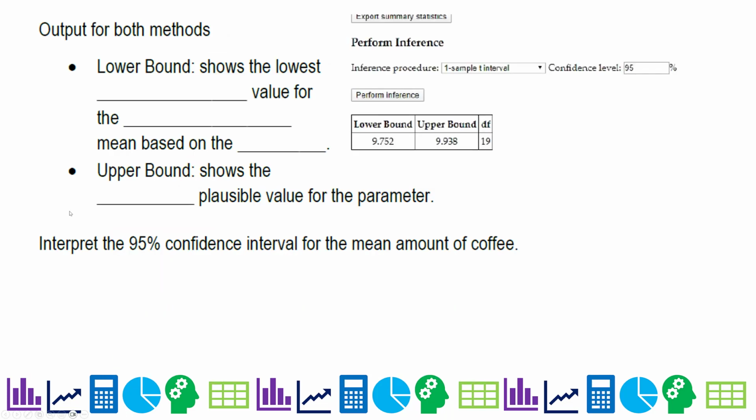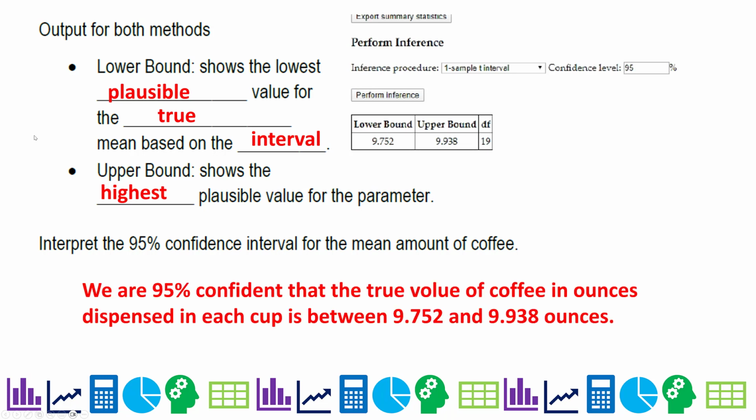bound. So once you have the output, the lower bound shows the lowest plausible value for the true mean based on the interval. The upper bound shows the highest. So to interpret this, we basically say we're 95% confident that the true value, pretend that says value, of coffee, volume of coffee in ounces, dispensed in each cup is between 9.752 and 9.938 ounces. And that's